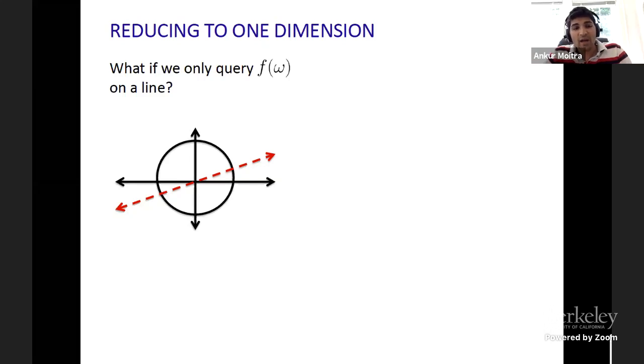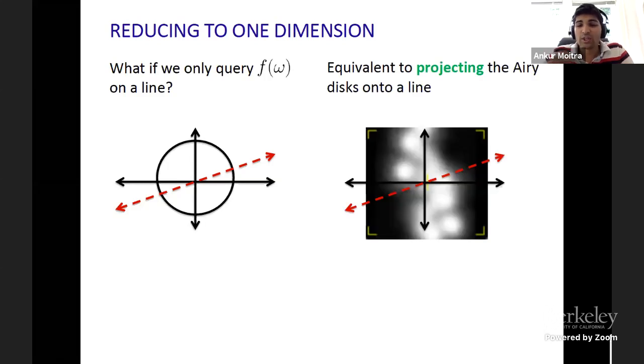Now, it's good to keep in mind that we're working in Fourier space here. So what does this strategy look like when you're talking about the original image that you're observing? That's a mixture of Airy disks. Well, intersecting with a line in Fourier space is actually the same thing as projecting onto the line in the original space. So what this means is that you're taking this mixture of Airy disks. This is actually an image taken from a cell. And what you're doing by restricting to the line is you're going to project all of the Airy disks